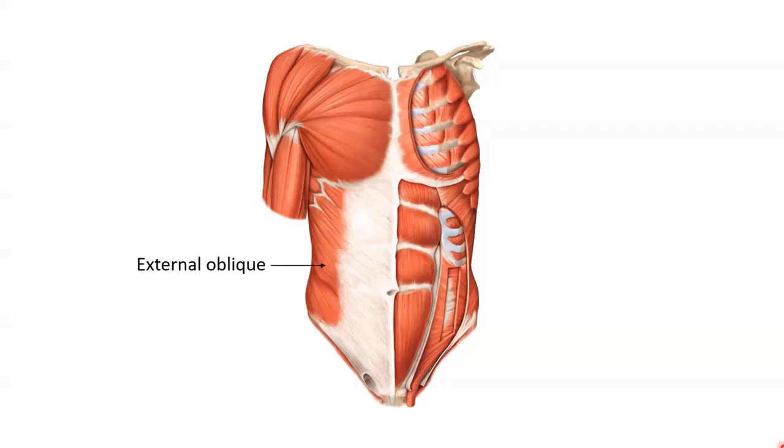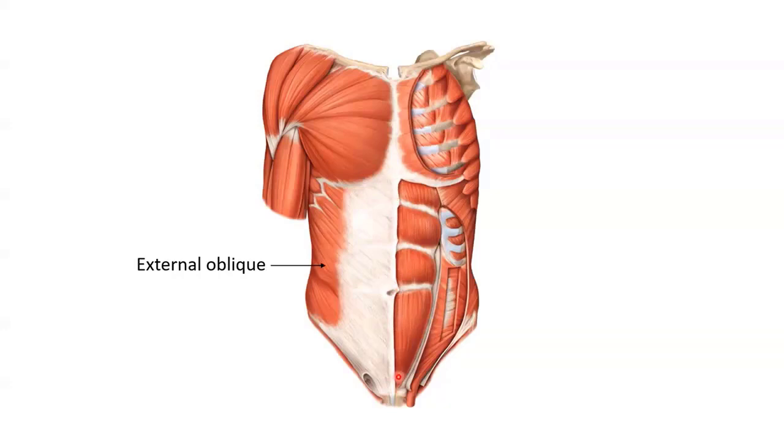external oblique. This muscle originates on the ribs 5 to 12 on either side and inserts into the iliac crest, which is at the very top of your pelvis, and the linea alba, which is a band of connective tissue which runs down the front and center of your trunk. So it originates up in our ribs on this side and this side, connects down into our iliac crest on our pelvis, and then also into the linea alba, which is this connective tissue which runs down the center of